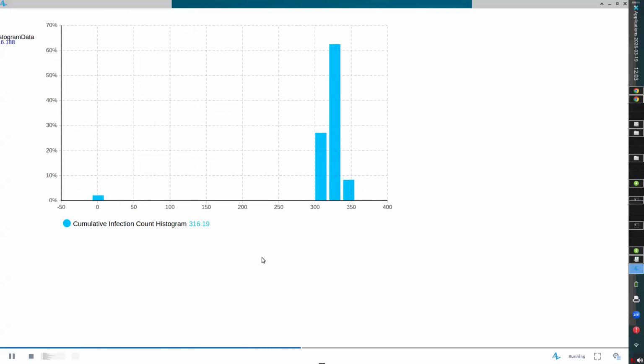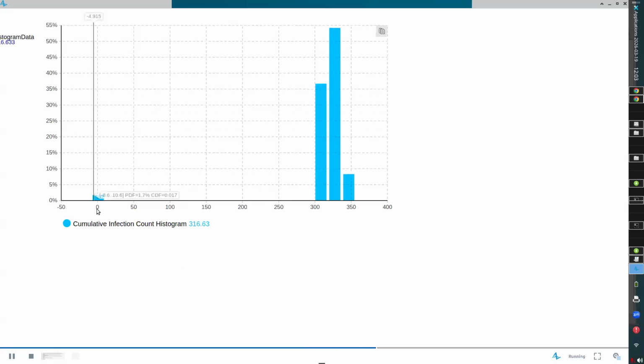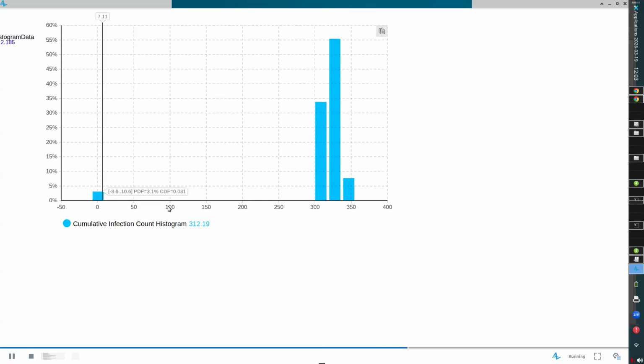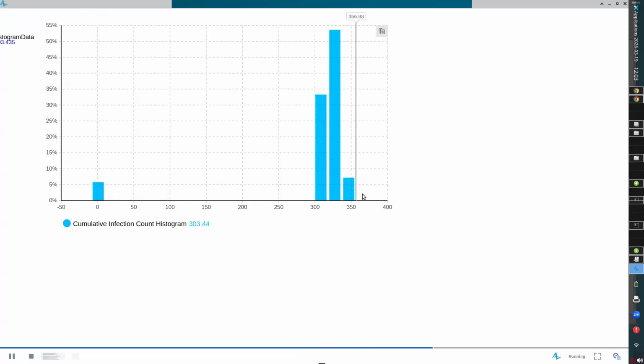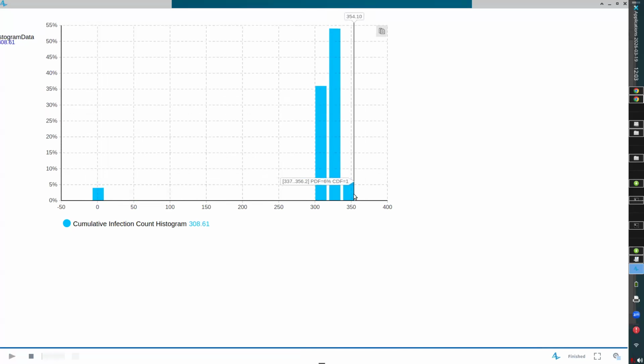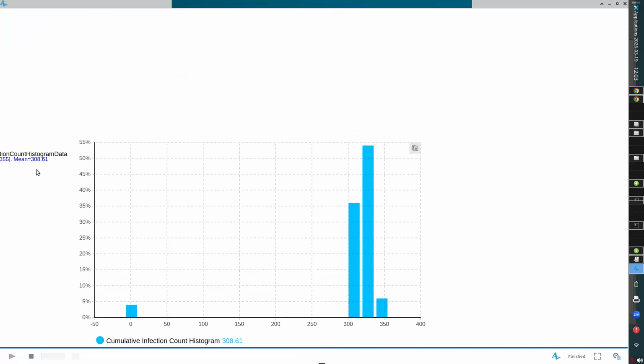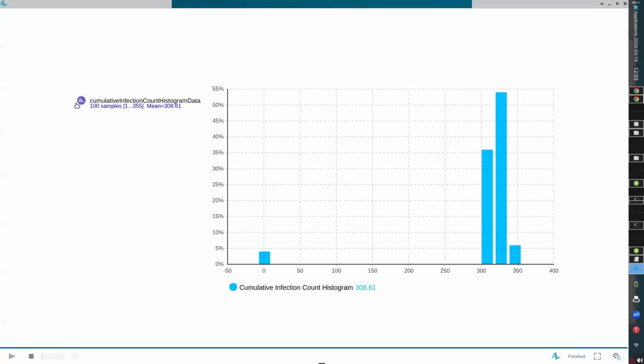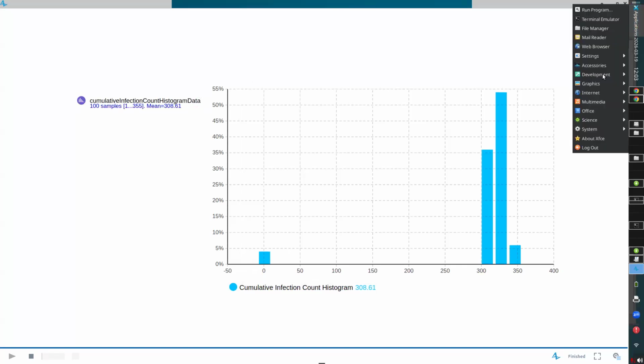Diversity that exhibits multimodal character. This is not a unimodal distribution. There is the possibility we'll have but one infection, the initial infective. But it seems that the majority, in fact, tend to fall somewhere upwards of the high 200s and between that and somewhere in the mid 300s. The cumulative number is 300. The mean is 300. If we wanted, we could copy this and we could paste it into a spreadsheet